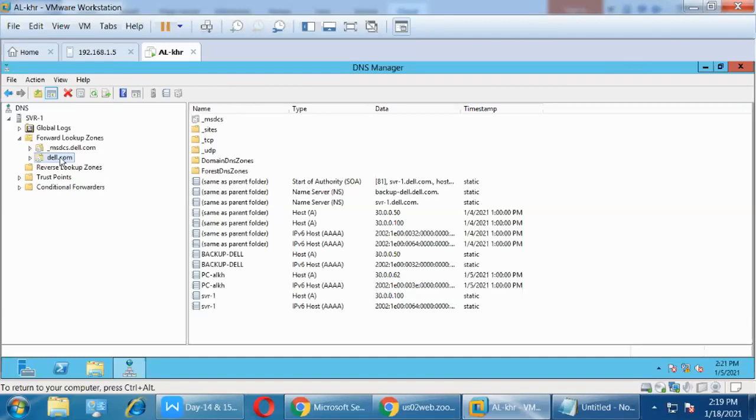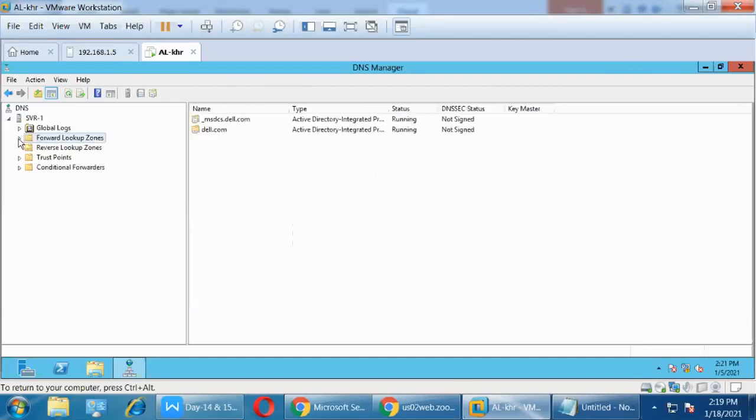That time we enabled this, and that is the reason this forward lookup zone and this one were created automatically.